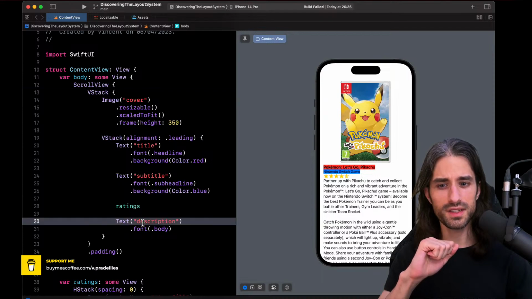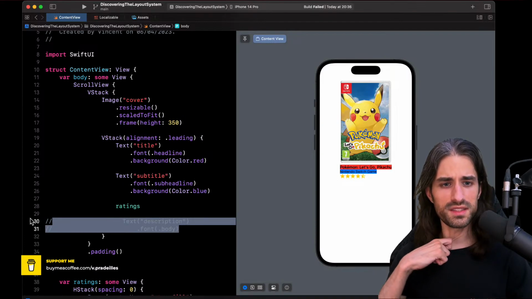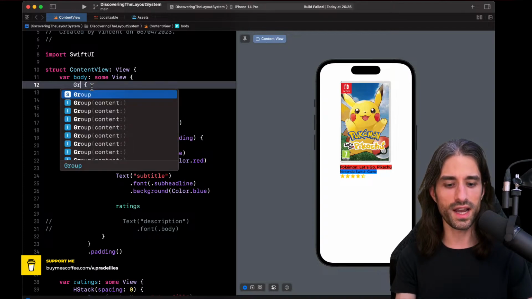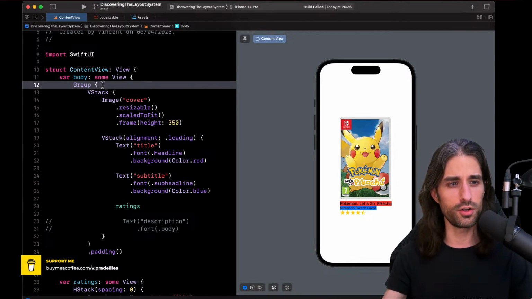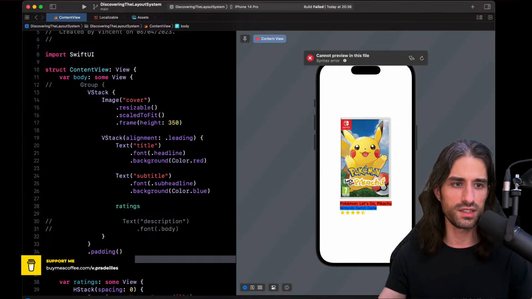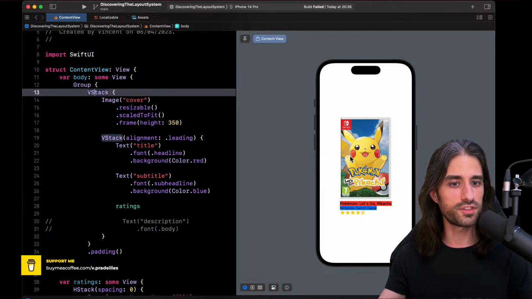One thing I want to point out is what would happen if I were to comment the text. You can see we see a very different behavior, because when we didn't have the scroll view, so if we only had, I'm going to replace scroll view by group, because group is a container with no layout logic. So it's just like putting nothing. If I wanted to put nothing, I would need to comment everything, and it's a bit of a hassle. So I'm just using a group, but using a group is the same as using nothing as far as the layout is concerned. You can see that when I use the group or I use nothing, the VStack is drawn from the center of the screen.